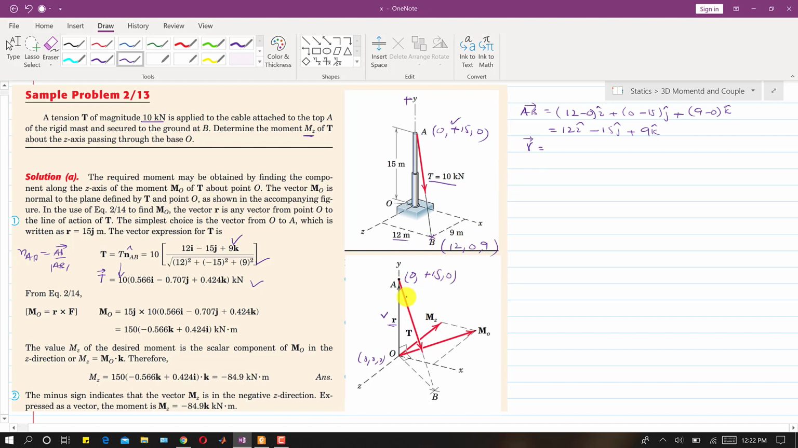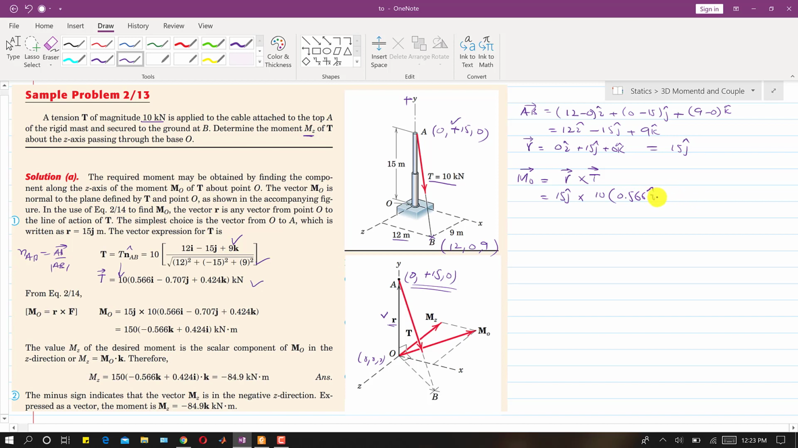We can write it directly in these coordinates, so I will write 0i plus 15j plus 0k. So this is that vector, and I can write it simply as 15j, right? So the moment about O will be a vector, and it will be r cross t vector. So r is 15j, and cross, it is 10 into